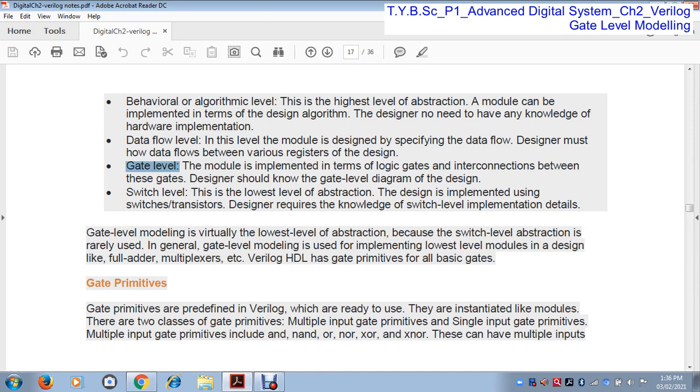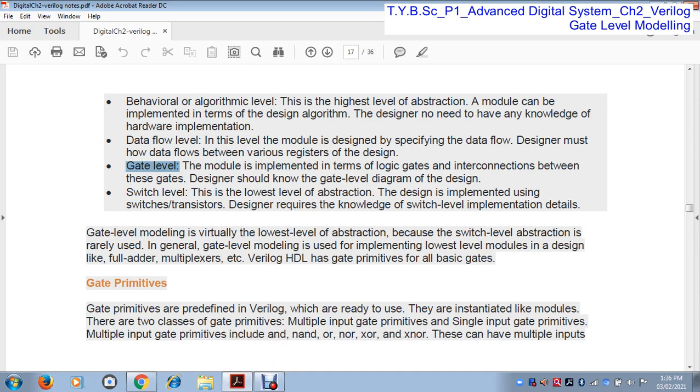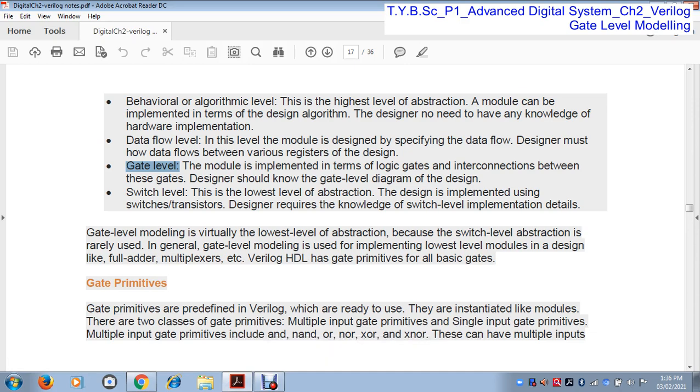The gate level modeling is used for implementing lowest level modules in a design like full adder and multiplexer. We know the combinational circuits: multiplexer, demultiplexer, half adder, full adder, counter, flip flops. All these circuits or logics we design using gate level modeling.